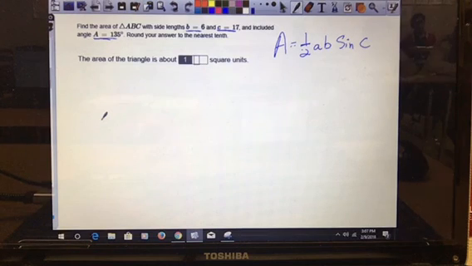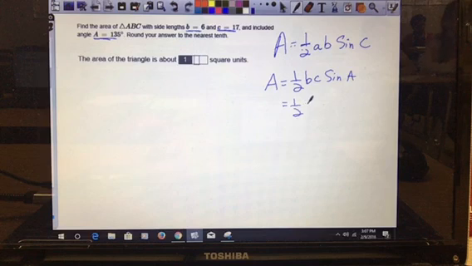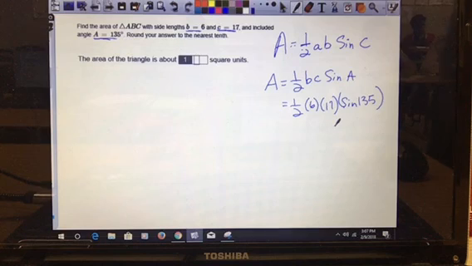So let's plug in what we have. We're going to put area equals 1/2. We're going to be using B times C times the sine of A. So that's going to be 1/2. B is 6. C is 17. And we're going to multiply that by the sine of 135. And that's just a put in your calculator and multiply problem. So I would take 1/2, which is 0.5, times 6 times 17 times